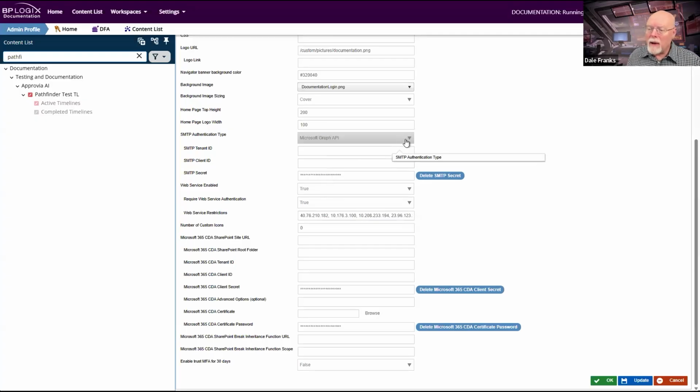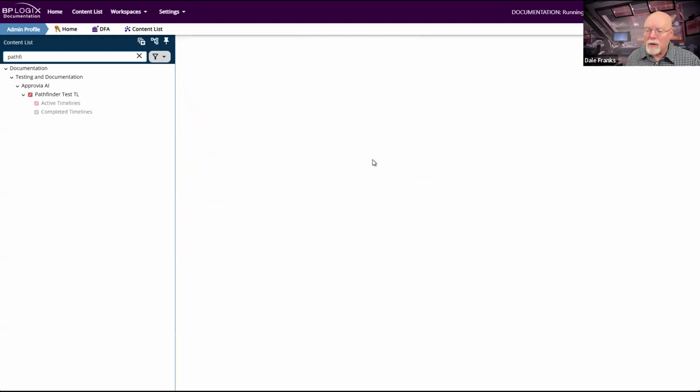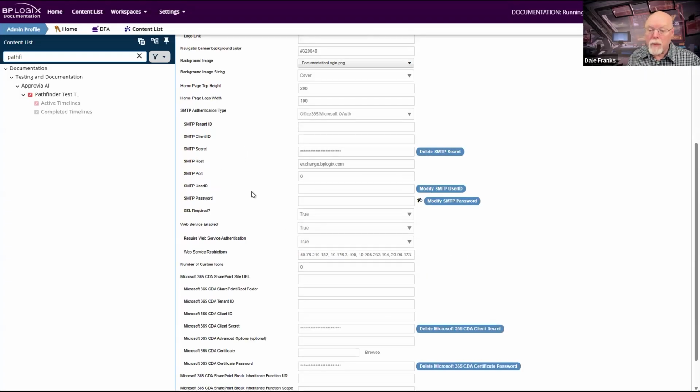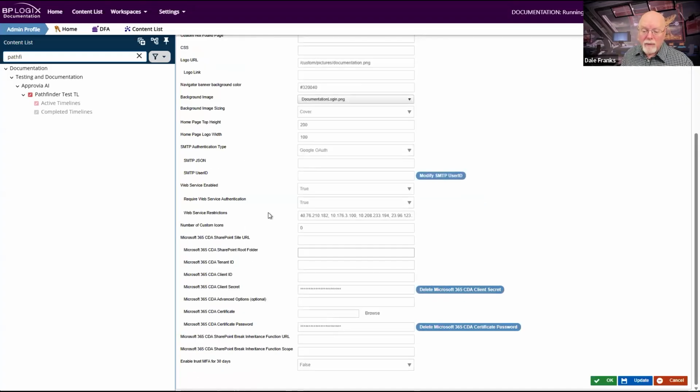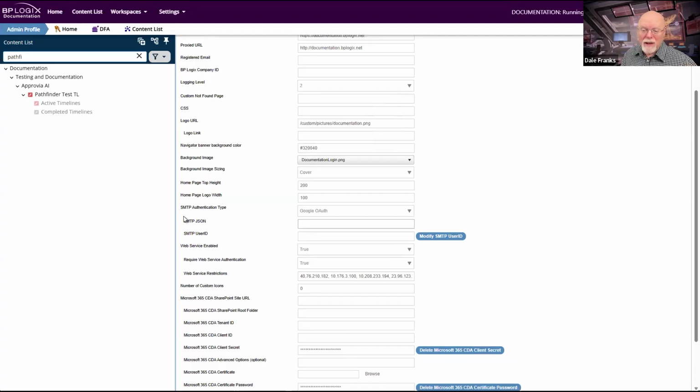So if we switch back over here to, like, say, Microsoft OAuth, you might have the SMTP user ID and the SMTP password if you want to log in into a specific mailbox and use that specific mailbox. And that's fine for the regular Microsoft Modern Authentication. Similarly with Google, same kind of thing, although Google is a little bit different because you have to send them this JSON and then this user ID. However, the Graph API is different. It doesn't work that way.